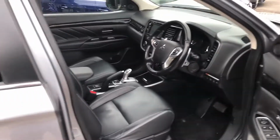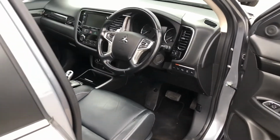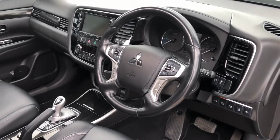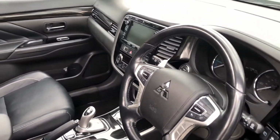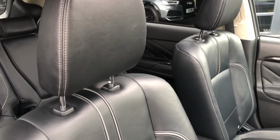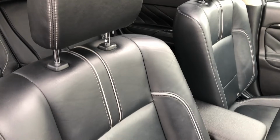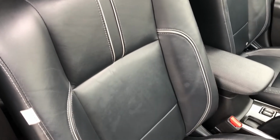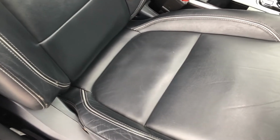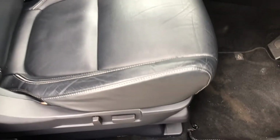That simple. So imagine if you've got shopping bags, plenty of stuff in your hands, this just takes all the problems away. And inside, it is gorgeously bespoke, gorgeously crafted, and really prestigiously styled. You can see black leather seats, white contrast line work and stitching all the way across. There are of course electric seats, heated seats and ventilated seats, so you get the best of both worlds. You can see aluminium down there on your door inlay, rubber pedals, and then you come across, you've got the